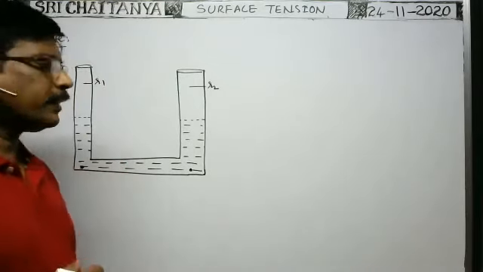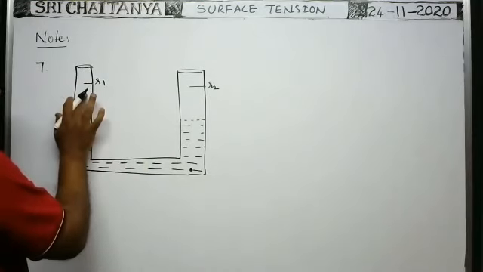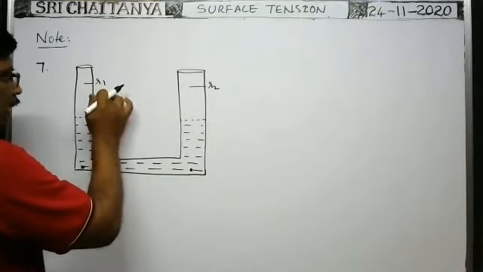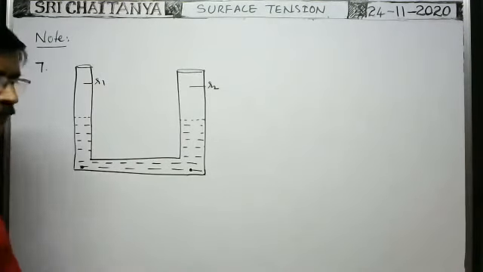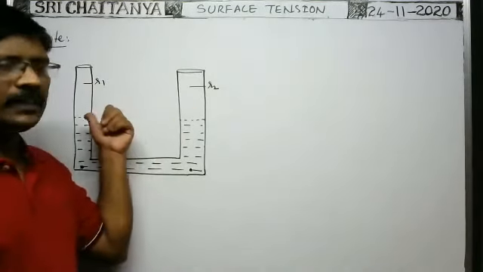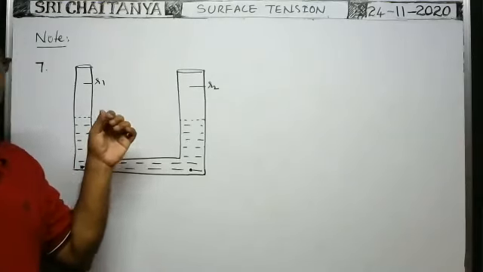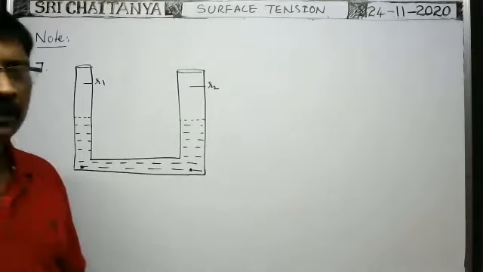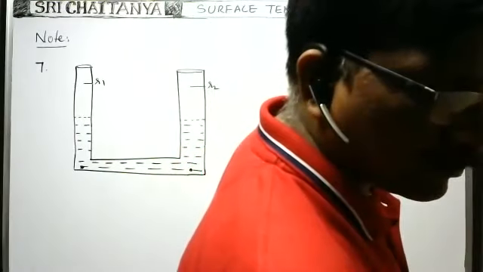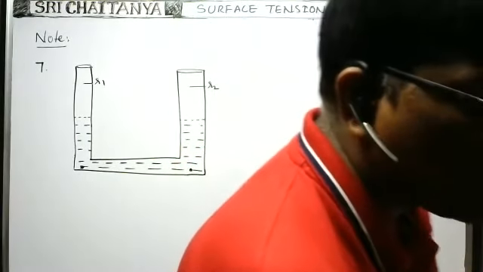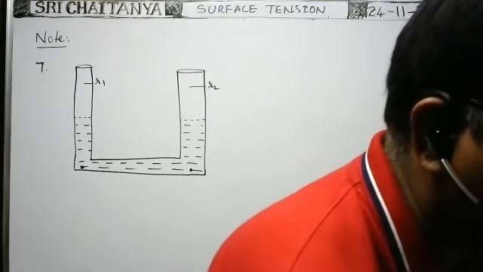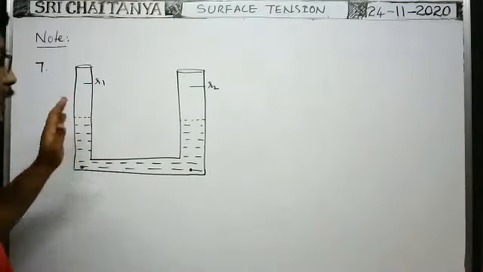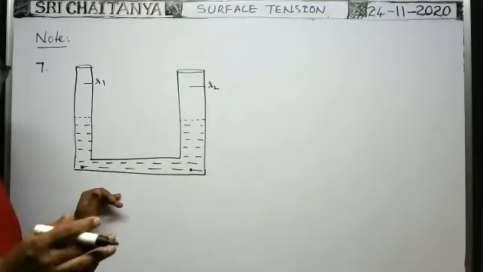When you consider the capillarity action, as this capillary tube has a radius of cross section less than this one, whenever R is less, what about the capillary rise in this narrow tube compared with this one? Is the capillary rise more in the narrow tube or in the broader tube? In which tube is the capillary rise more? More in the narrow tube, because according to Jurin's law, RH is equal to a constant.